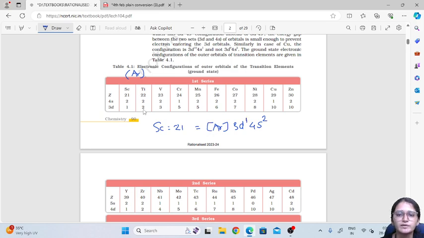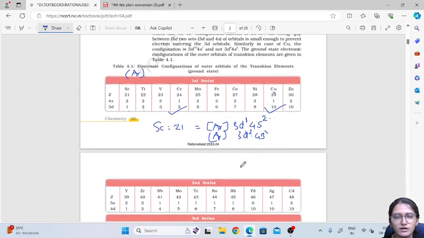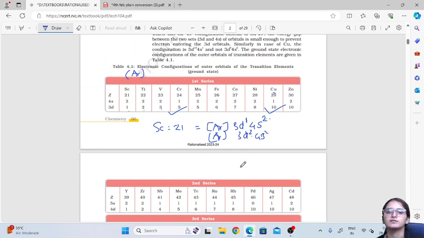Okay, and you can also remember this. See, this is 12, so opposite to that is 21. If you talk about titanium, it will be 22, so 3d2 4s2. If you talk about vanadium, then it will be 3d3 4s2, that is 23. See, here 21, 22, 23. Here you will see a difference only in the case of chromium and copper. The expected electronic configuration is not seen in chromium and copper.